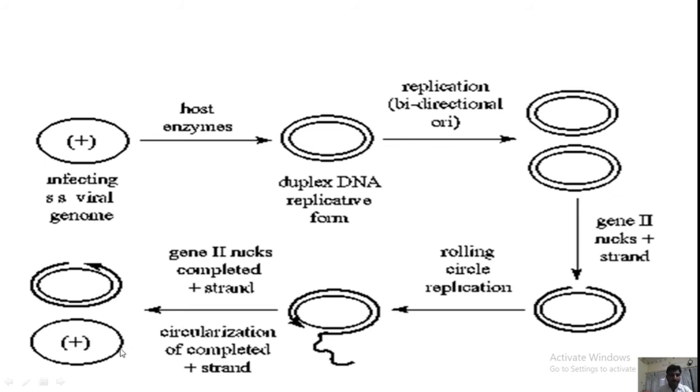So that gets ligated and forms the single stranded bacteriophage genome, that is, the plus strand. Hence, as a result of the rolling circle model of replication, from replicative forms there are so many copies of the plus strand.